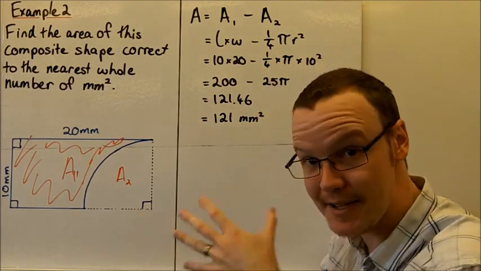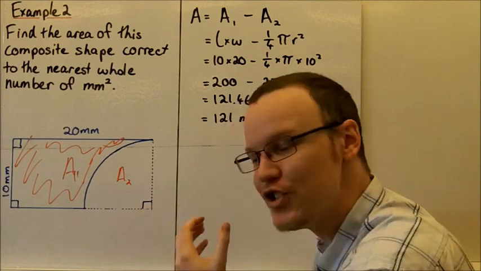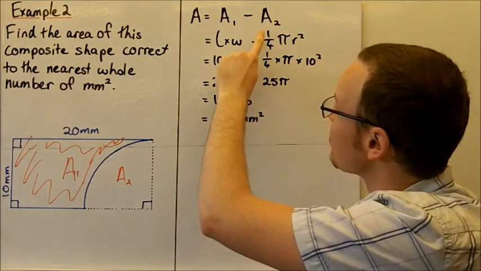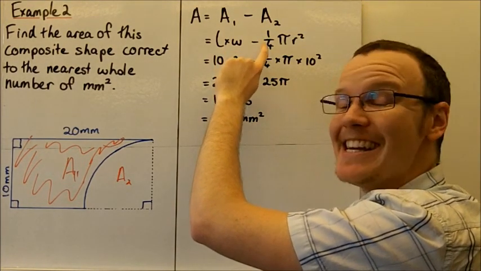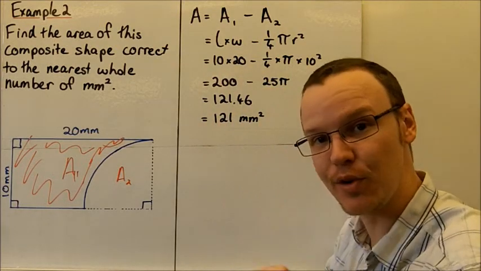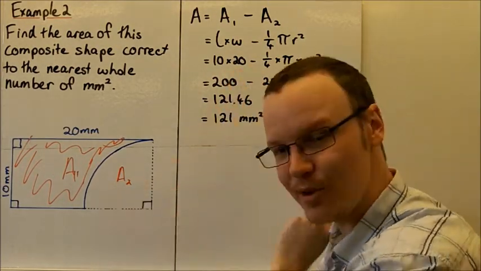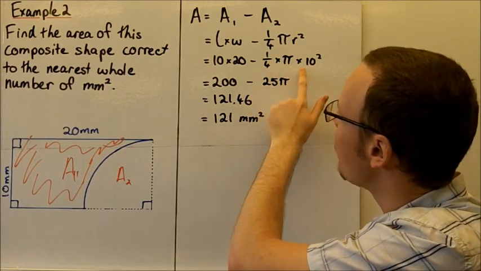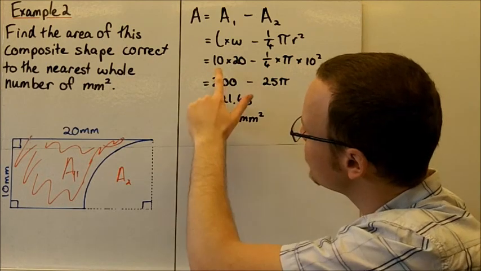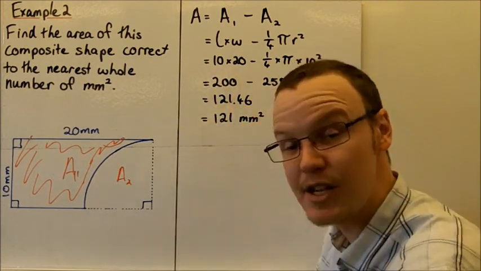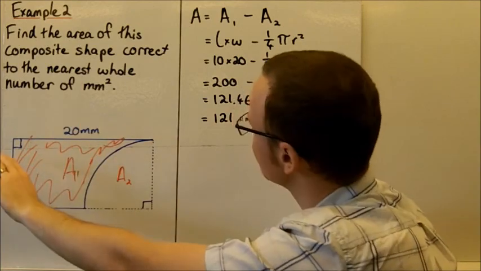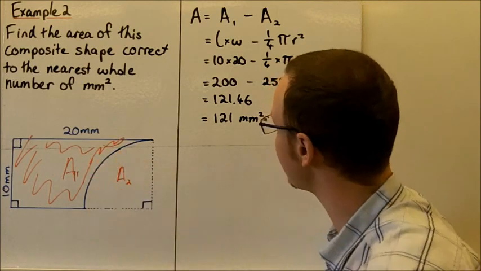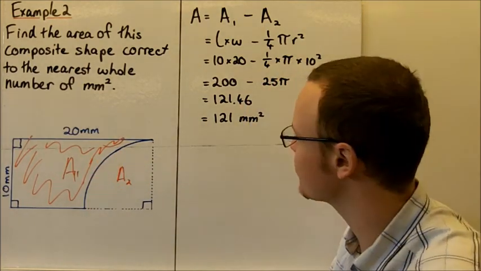If we were to have a look at this as a sector, the angle that we've actually got is 90 degrees, 90 out of 360. So 90 over 360 is the same as 1/4. It's an equivalent fraction. So we've got 1/4 of a circle here, and we're going to take that 1/4 of a circle away. So 1/4 times pi times 10 squared. Our 10 times 20 is 200 square millimetres for our whole rectangle, and we're taking away 25 times pi of this area away. Plugging that into our calculator yields